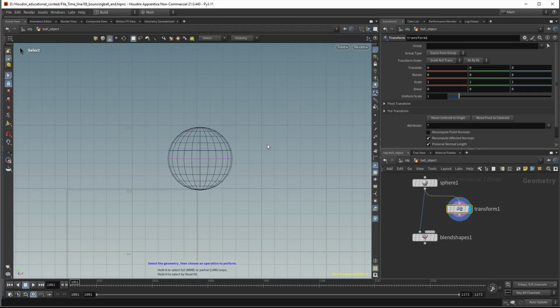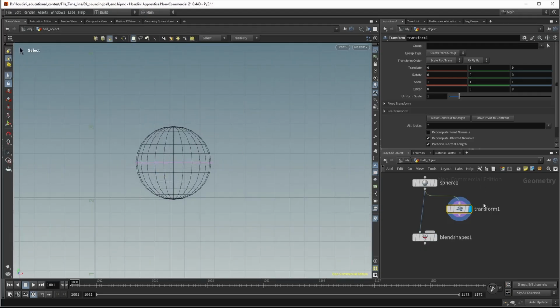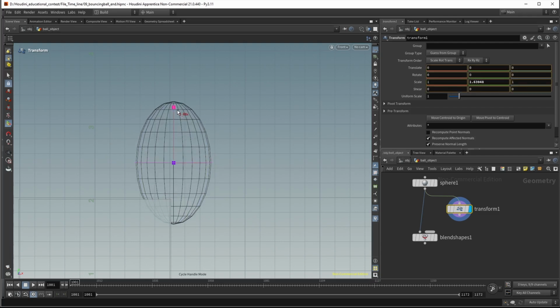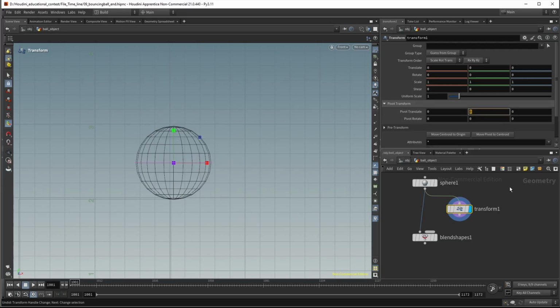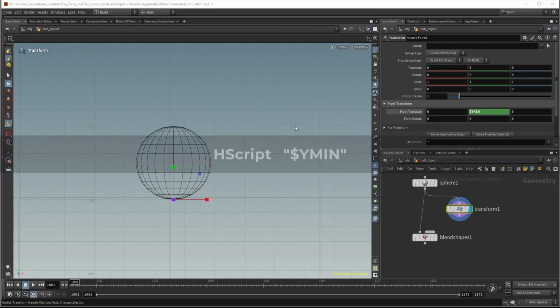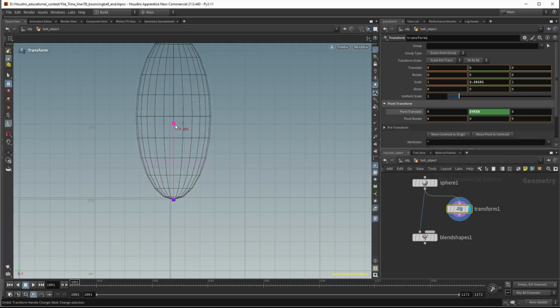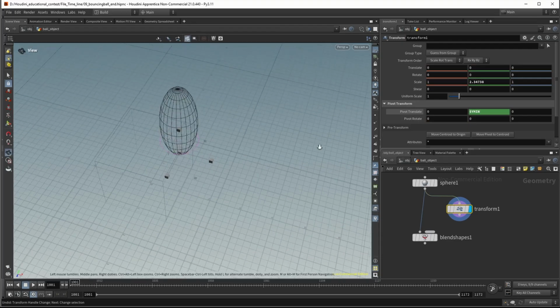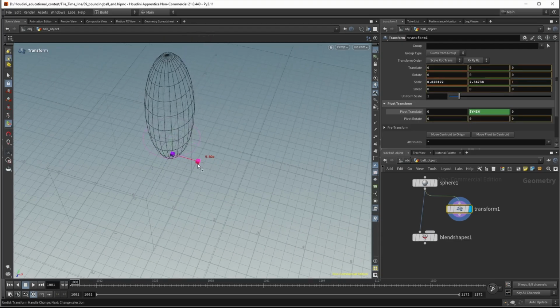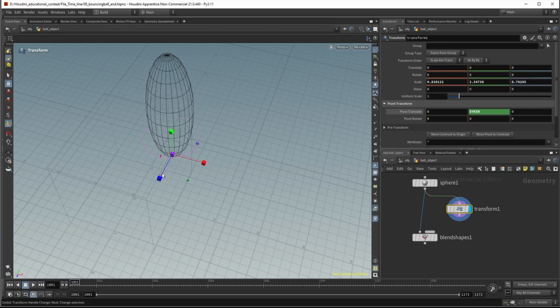essentially zoom in on your sphere, and I want to scale up, a little scale up. Maybe on the pivot I can create this HScript expression with $YMIN, so it moves my pivot point to the base of my object, and I can stretch up. I can also switch to perspective, and I can stretch a little bit in this direction and in this direction. Okay,